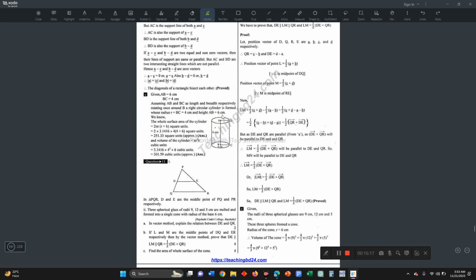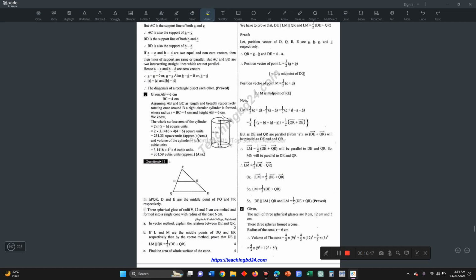As we know, the formula for the whole surface area of the cylinder is 2 pi r into r plus h. Here h is equal to 6 centimeters and r is equal to 4 centimeters. So we can easily determine the whole surface area of the cylinder: 2 pi r into r plus h, or 2 into 3.1416 into 4 into 4 plus 6, that is 251.33 square